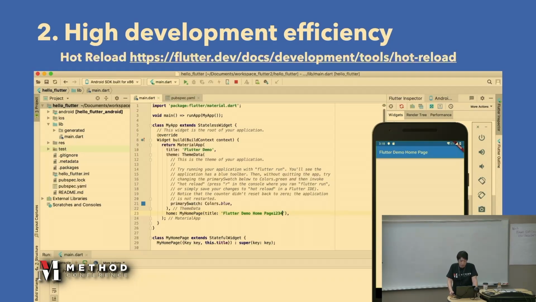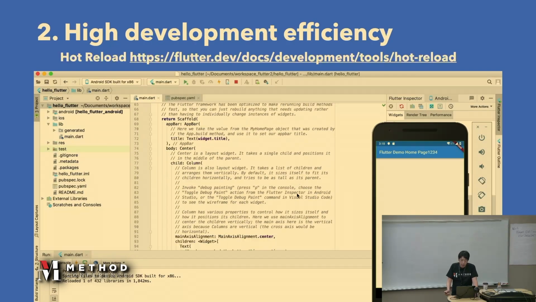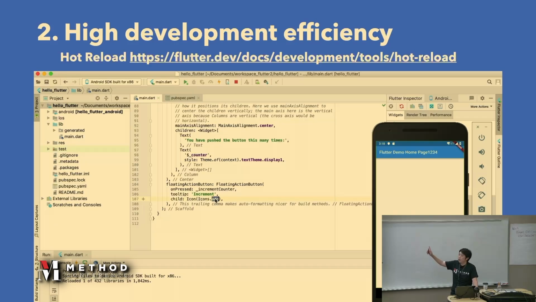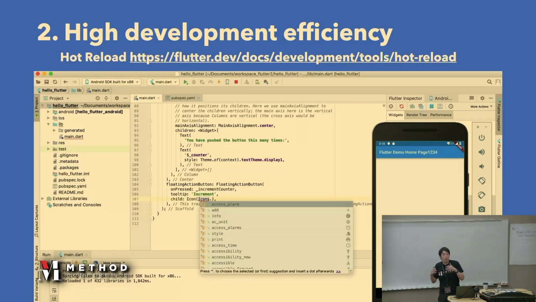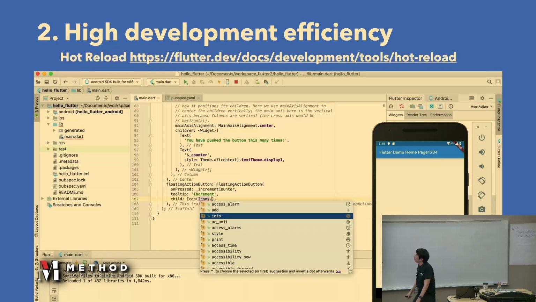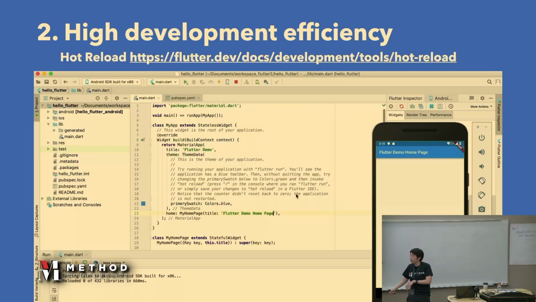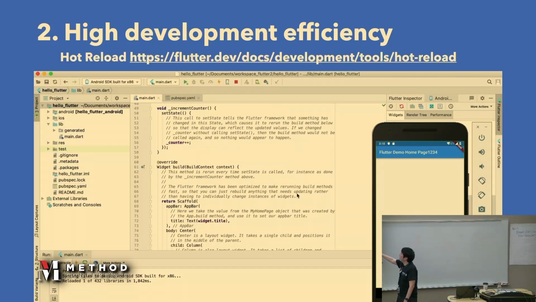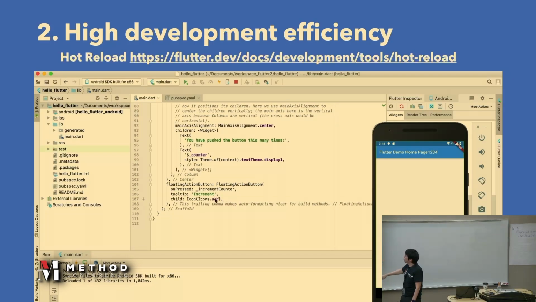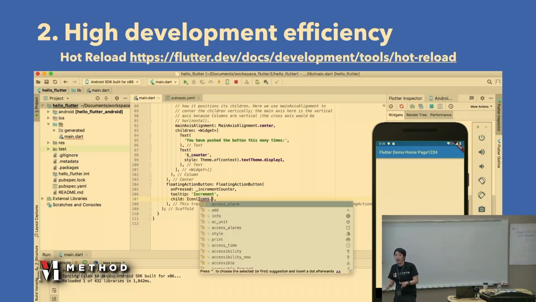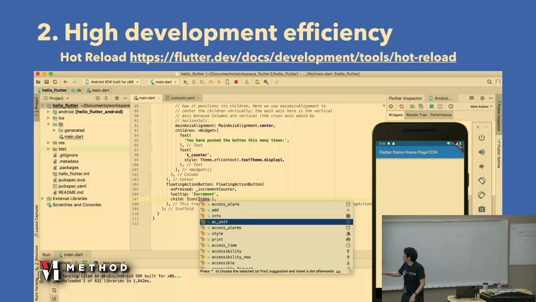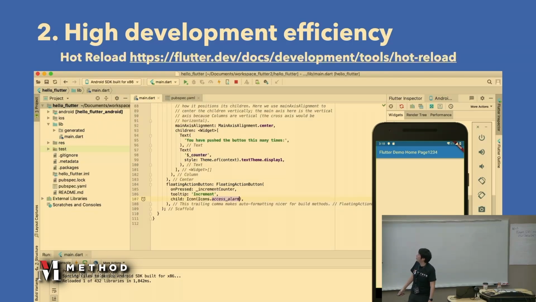And Flutter has a very attractive feature. One of the attractive features is hot reload. To test our mobile apps, sometimes it's very difficult to test our app on a real smartphone. But by using hot reload, we can easily test our code on our real phone or emulator like this. After changing the code and just saving it, we can easily test our code like this.